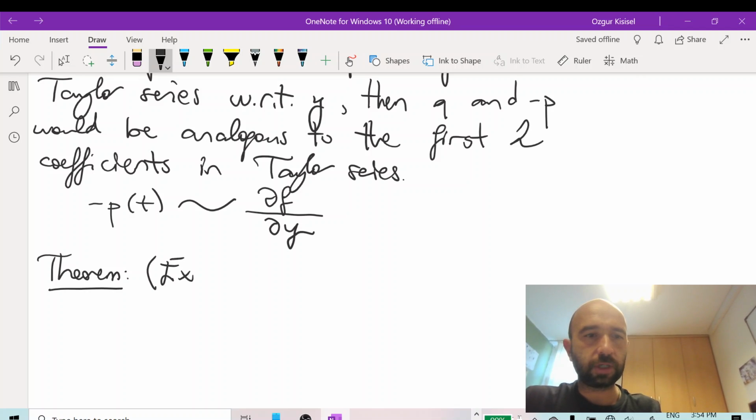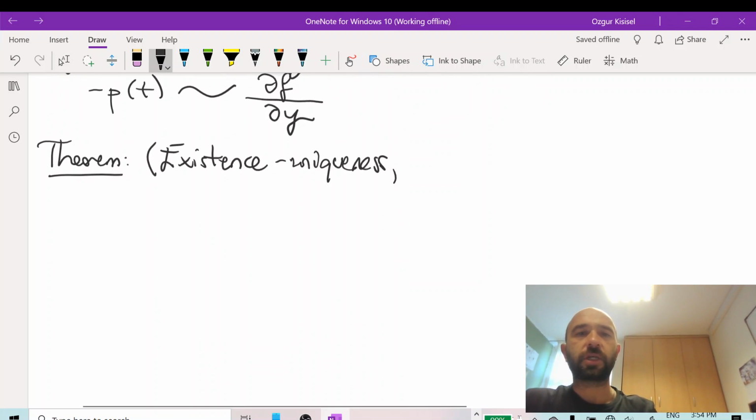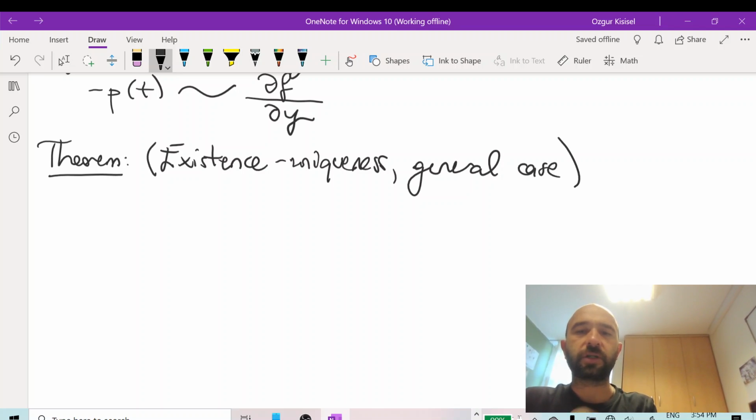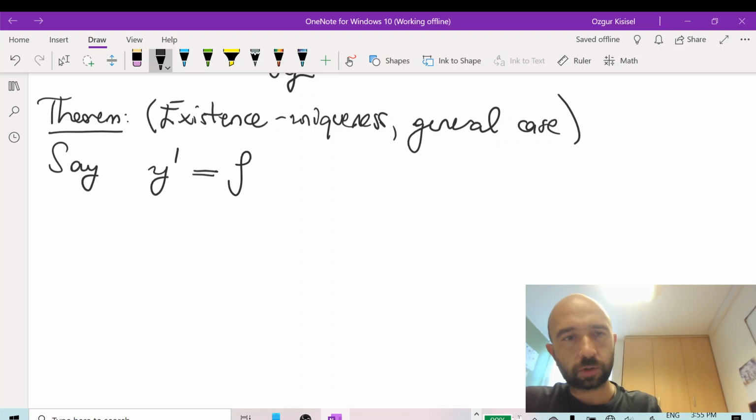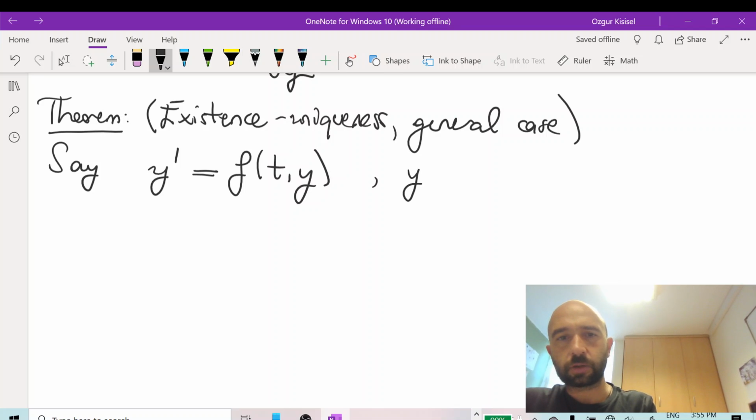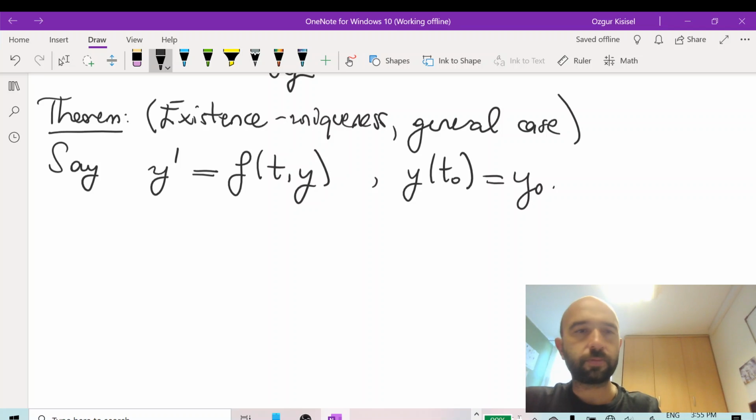This is the existence and uniqueness theorem, the general or nonlinear case. It's also true for the linear case, but in the linear case, we have a stronger thing anyway. So say we have y prime equals f of t, y and y of t0 equals y0. Now, assume that